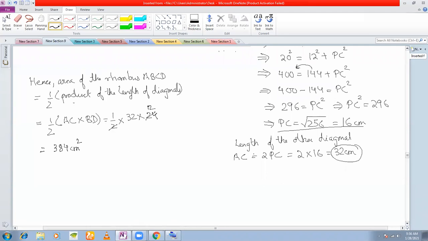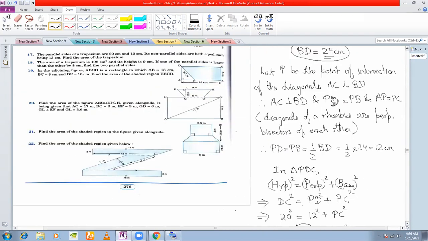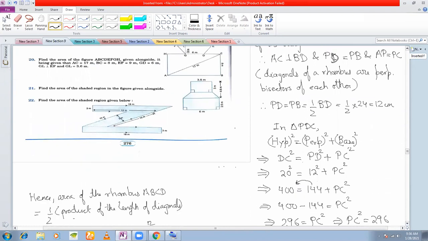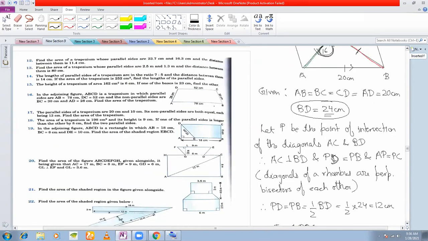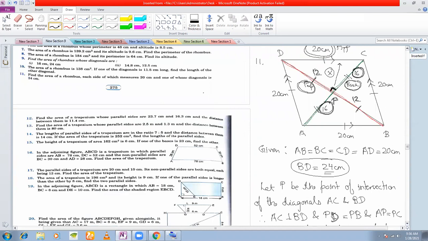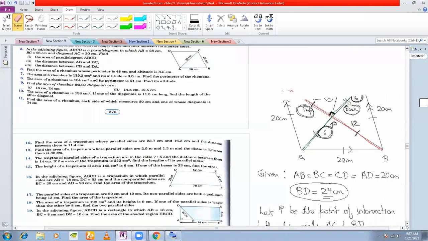So this was a long problem, and you had a lot of things to learn from this problem also, a very important problem, because you had to apply the properties of rhombus. You had to apply Pythagoras theorem also in this problem. Okay, we'll do the next problem, which is number 19, and then we'll come back to the earlier problems also, because the earlier problems are also a little long. This problem is a little short, so I'll solve this problem first.